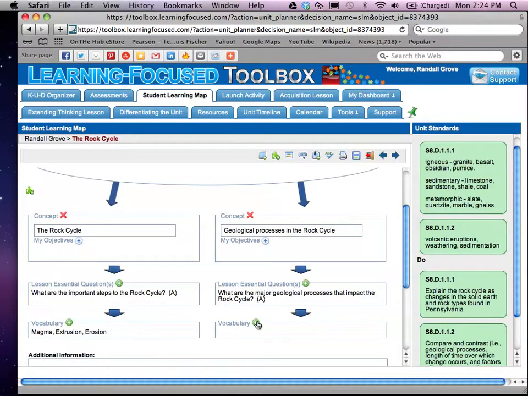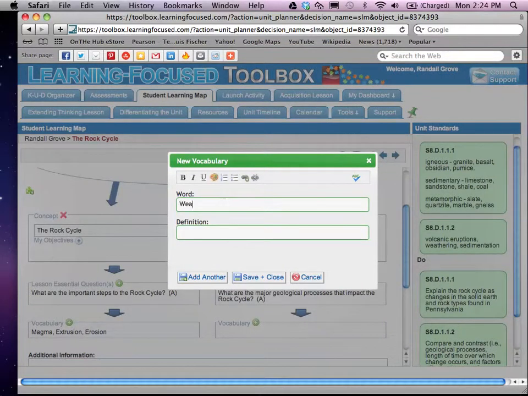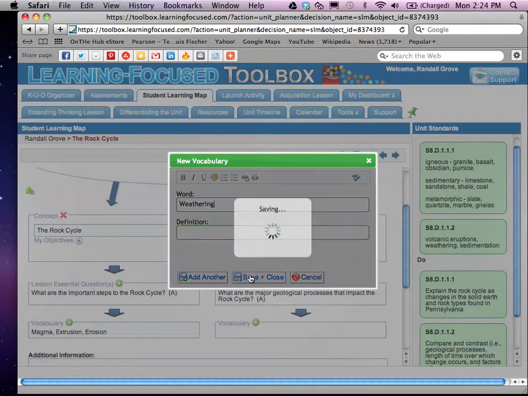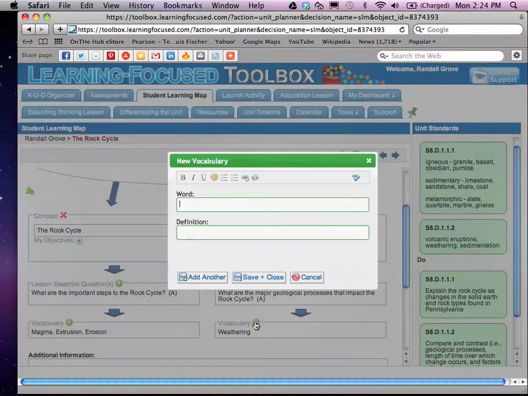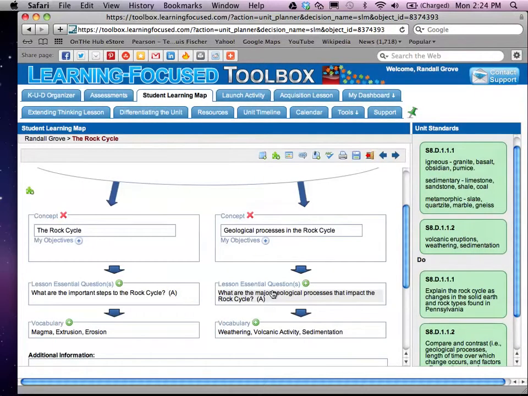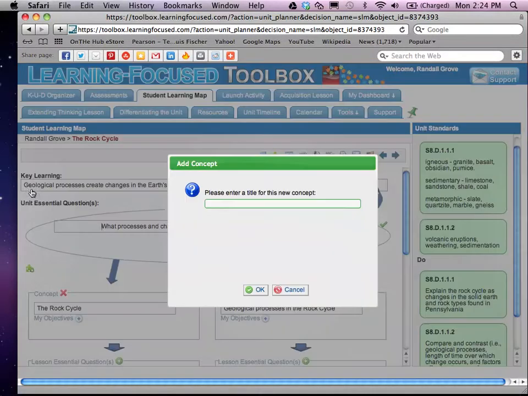And I have a couple of vocabulary words. And again, I could put the definitions in here as well. We'll close that. And then I have a final concept, and this is